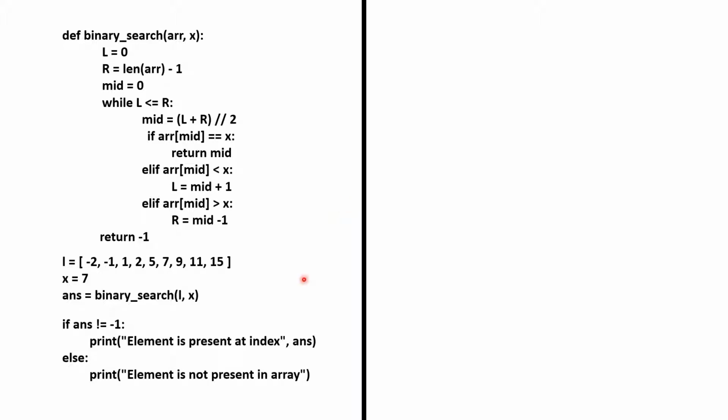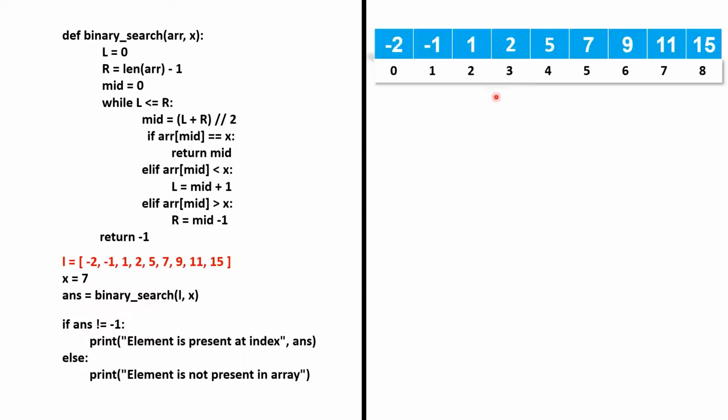Now let's move on. Python starts executing from a line which isn't a function definition. This is the first line of the program, but this is a function definition. But this is the first line which isn't a function definition, so this program starts executing from this point. For those who don't know Python, this is a list, which is similar to an array in languages like C or Java. So we have that array here.